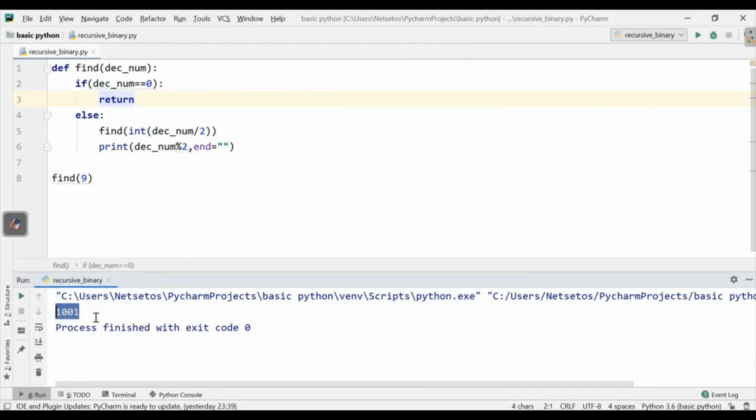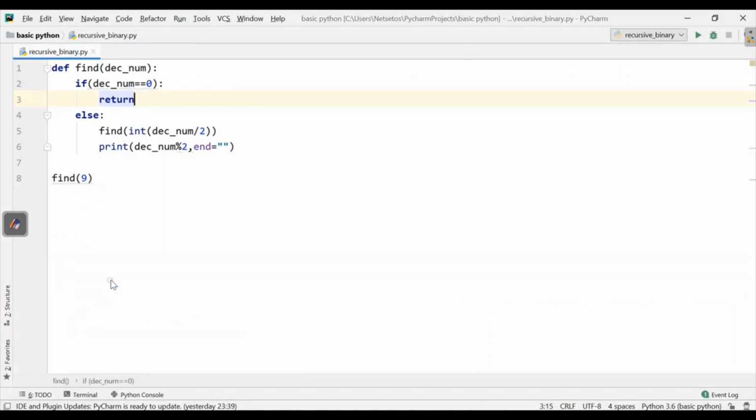Now let's understand how this recursion actually works. So I'll just remove this. Here I have taken the decimal number as 9 for F9. Now we have two statements over here, 1 and 2. If 9 is equal to 0, it will return to the last, otherwise it will go to the else condition. Now here 9 is not equal to 0, so we will go to the else part, and here we have two statements, that means there will be a tree.